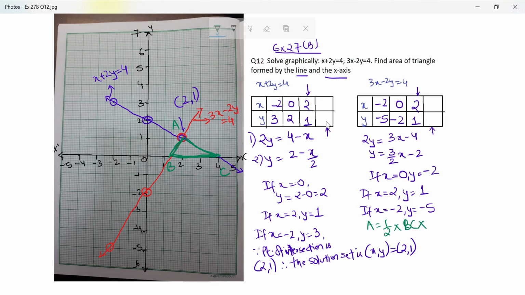Let me draw a perpendicular from A on to BC, and let's call this point D. So half BC into AD. Pardon, I have less space. BC, let's calculate later, and AD is 1 because this is definitely 1. Now, for calculating BC, I realize that this point of intersection at the x-axis is not at 1.5, but this is at 4, which means to calculate the exact value, I would prefer to cheat.